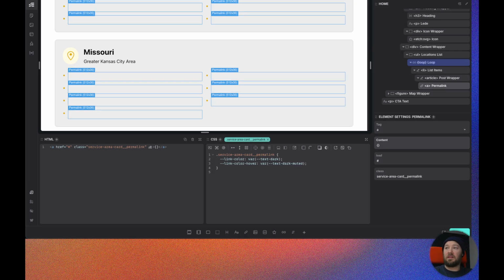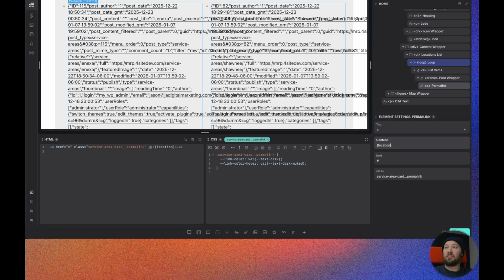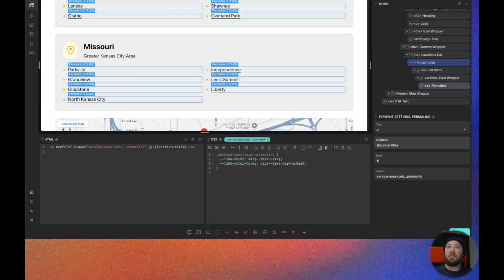This should be locations dot title or name. Location.title. Sorry, I keep trying to put the S on there or leave the S off when I need it. And then for our link, we need this to be locations.permalink.relative. And if I hover over one of these in my left,